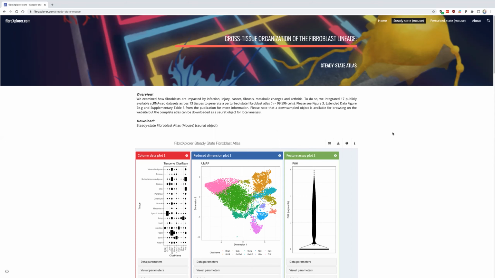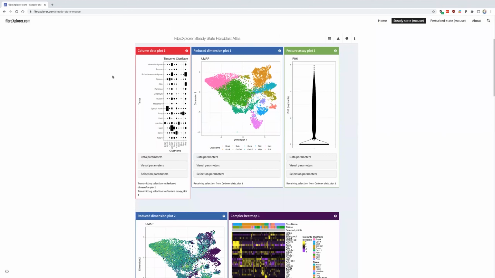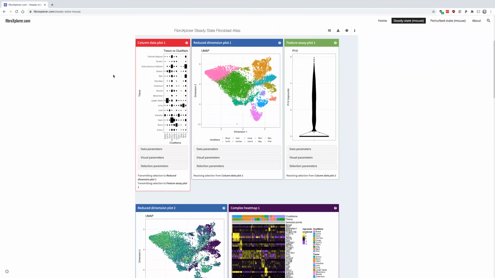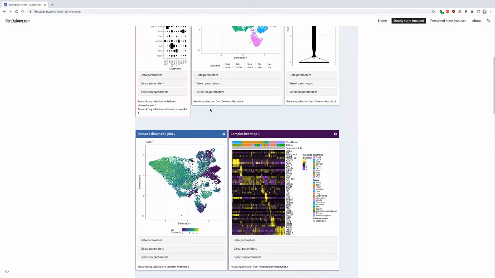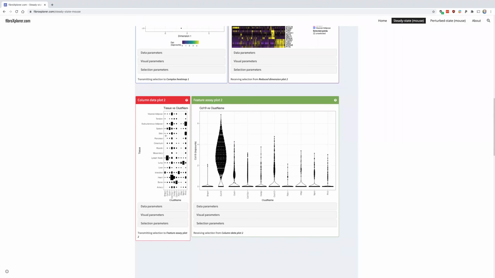If you want to work strictly on the web, what you see here is our Shiny object that enables users to examine the data. And what we see is that there are 3 rows of information with boxes. So row 1, row 2, and row 3. So the boxes and the rows are connected, but the boxes aren't connected by columns. So this means that things in column data plot 2 feed into feature assay plot 2, but not up or down the boxes. So I'm just going to give you a brief look at what you can do to explore